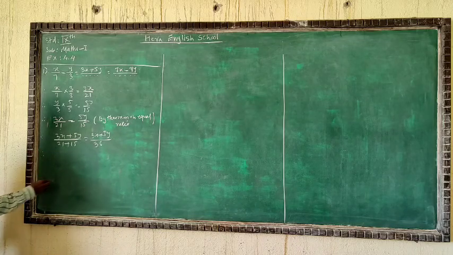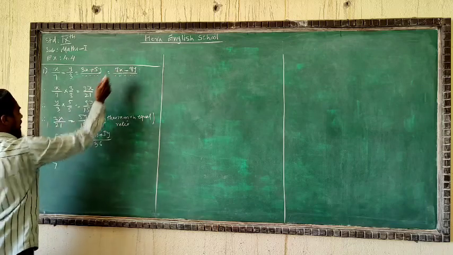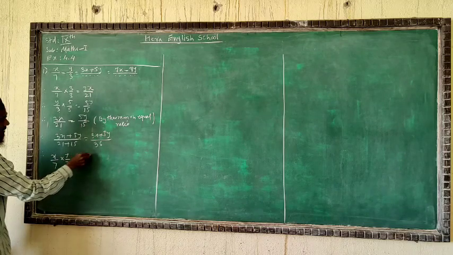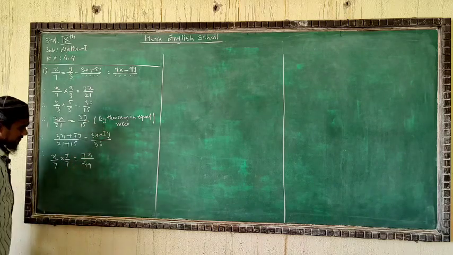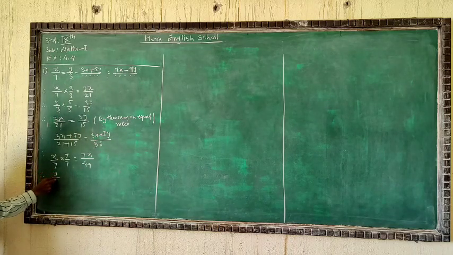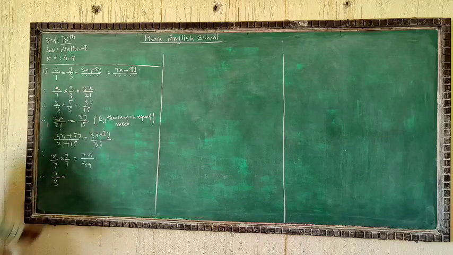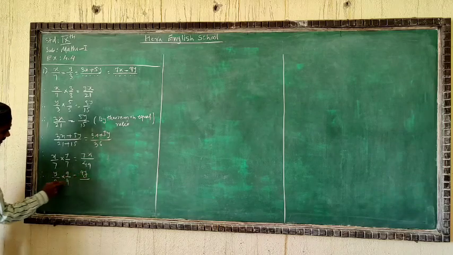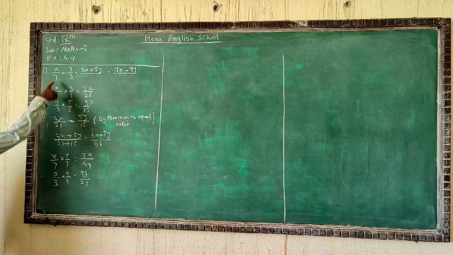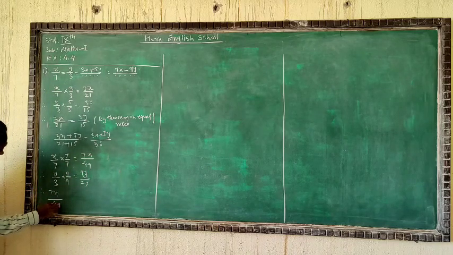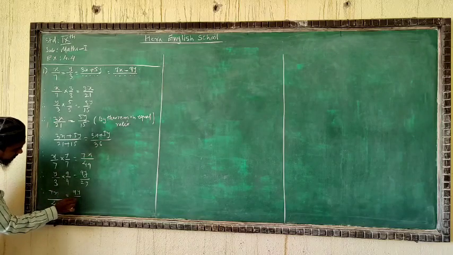For the next fill-up, you already have x by 7. Here x is to be multiplied by 7. Same thing we will do: multiply 7 in both numerator and denominator. You will get 7x and 7 times 7 is 49. That is the first fraction. For 9y, we have the fraction y upon 3, so to get 9y we will multiply by 9 over 9. You will get 9y, 9 times 3 is 27. Both are equal, so these two are also equal. You will have 7x upon 49 equal to 9y upon 27.